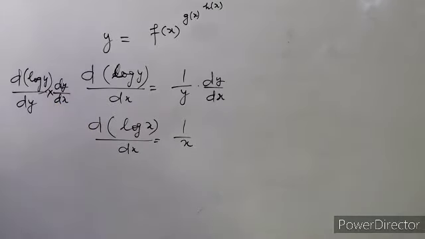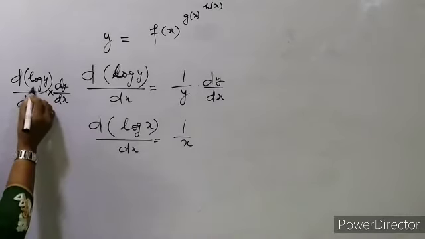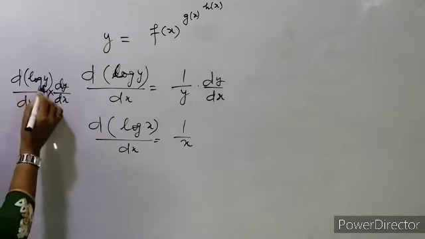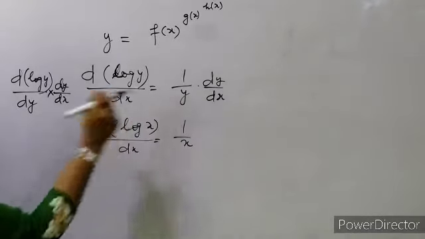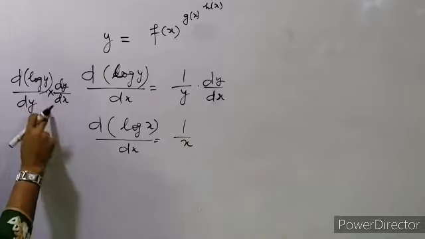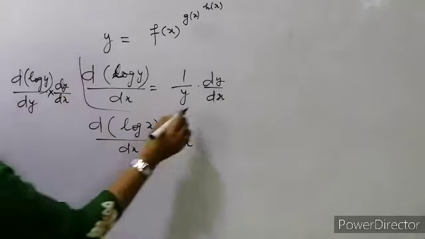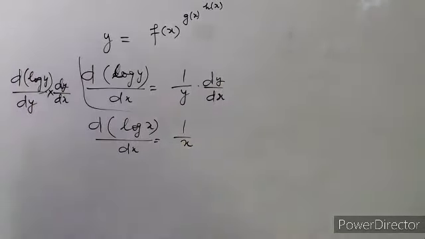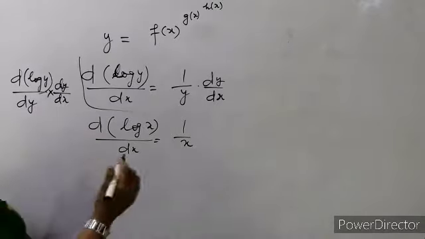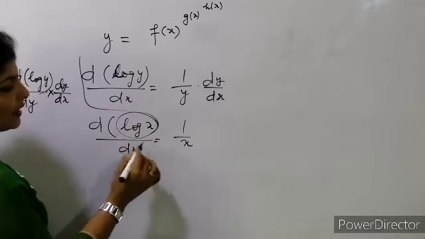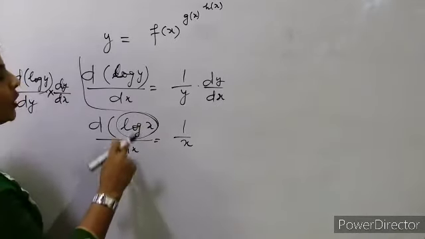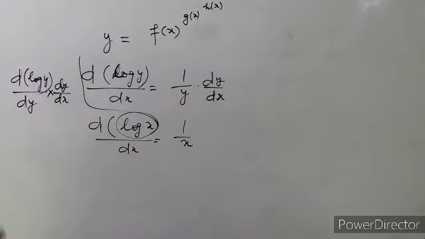So we have to find the derivative of log of y with respect to x. When we find the derivative of log y with respect to y, what will we get? That will be 1 upon y, but we have to find dy by dx also, because with respect to x we have to find. That's why we have written dy upon dx. Okay, that's how we write it. But in case of this one, this is a function of x, so the derivative with respect to x will be 1 upon x.